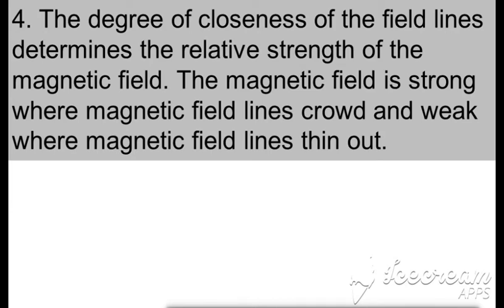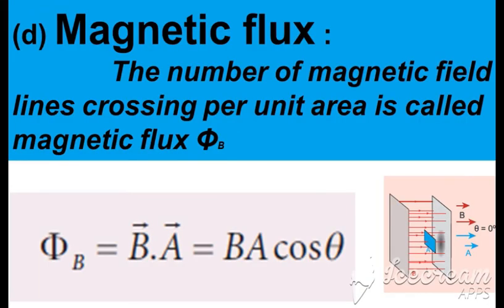Okay, then the next one is magnetic flux. What is meant by magnetic flux is, whenever we are considering this term flux, we have to consider the number of lines. So the number of what lines? Since we are considering magnetic, we are considering the magnetic field lines which are crossing per unit area. So through the unit area, how many lines are crossing? If you calculate it, that gives your magnetic flux.